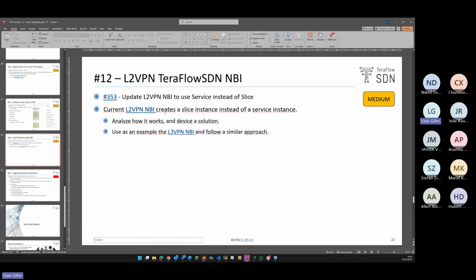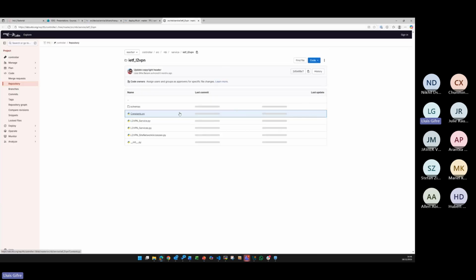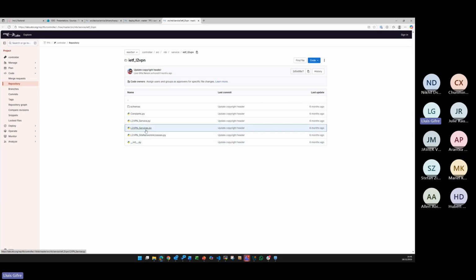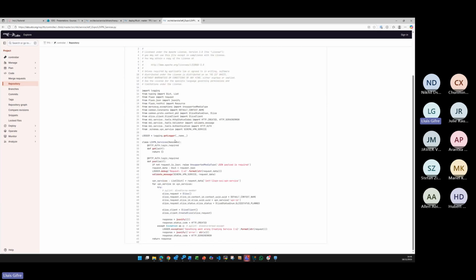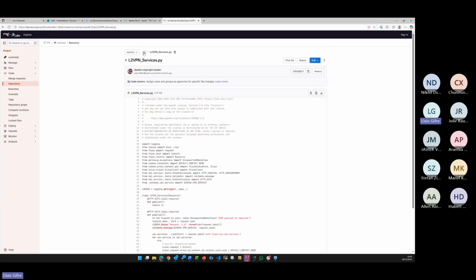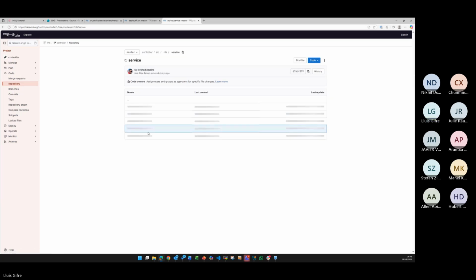So what we need to do is migrate the layer 2 VPN to behave like the layer 3 VPN and create services instead of slices. So here if you go to the code, you can see easily on the NBI that it creates slices here, as you see, create slice, and so on, while for the layer 3